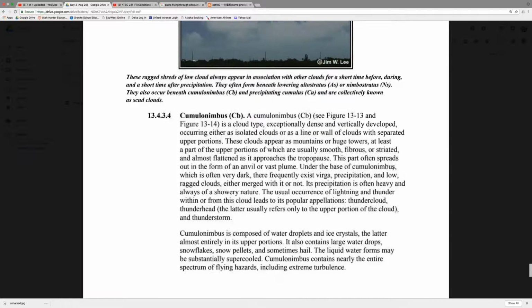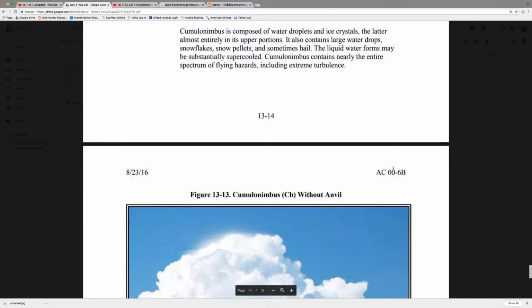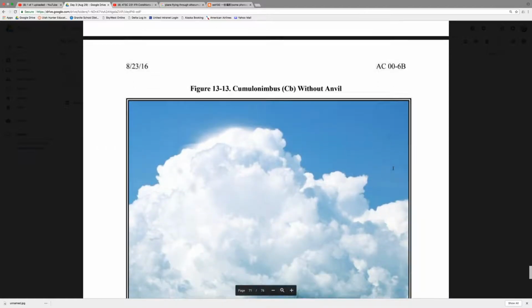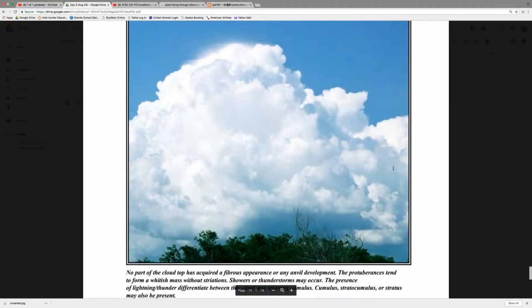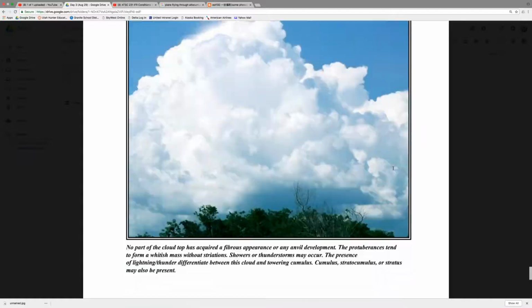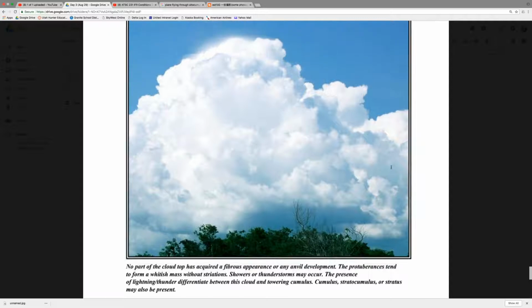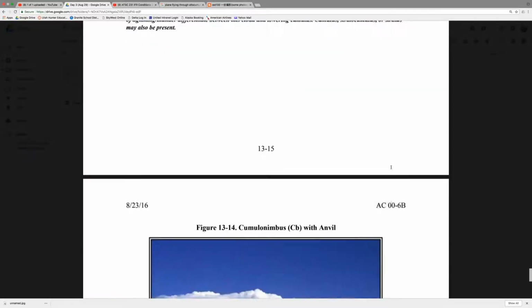Okay. Cumulonimbus. So cumulonimbus, it's a cumulus cloud with rain. And as you can see here, this one hasn't anviled out like that picture I was just showing and talking to you guys about. But you can bet your britches that it's raining like cats and dogs underneath that cloud. Okay, so it's still forming into that towering cumulus stage,